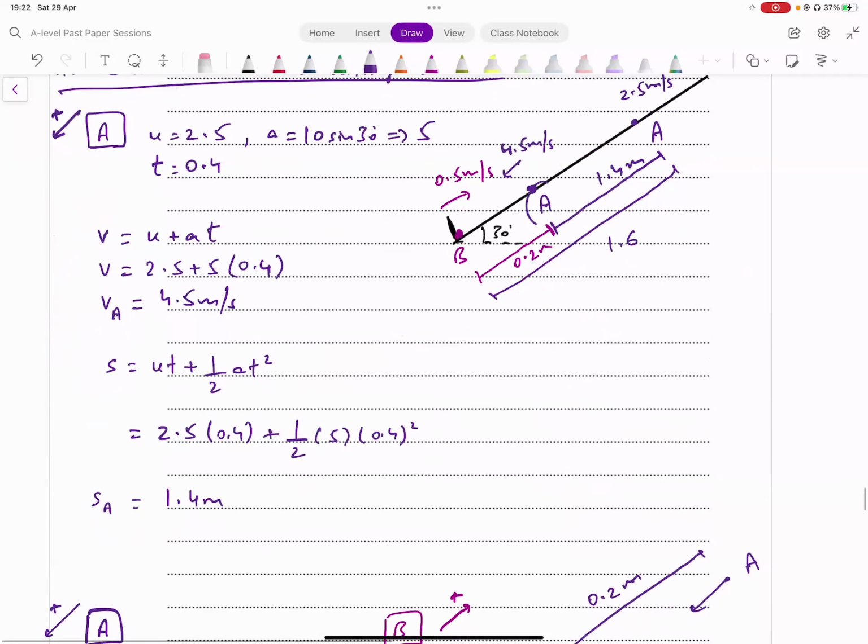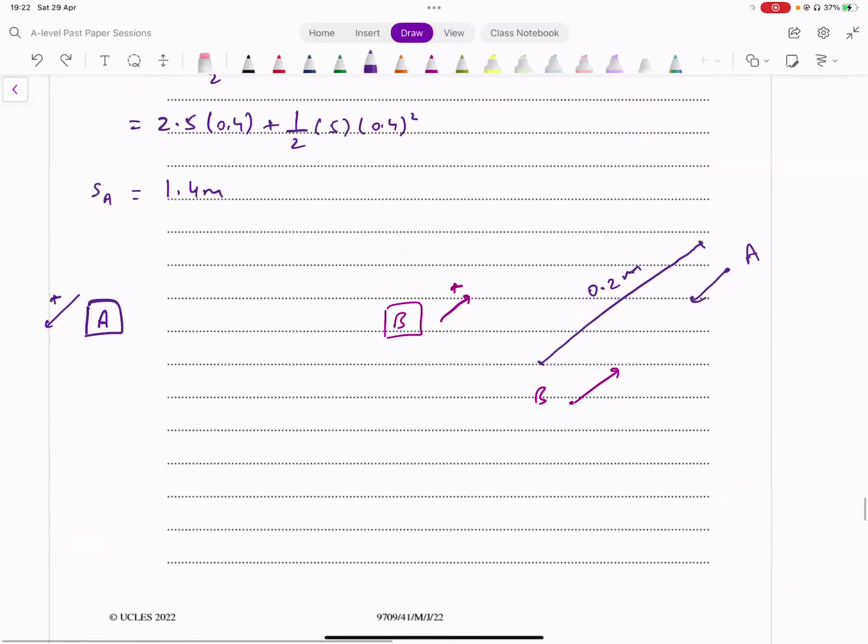A के बारे में क्या क्या पता है हमें? A की स्पीड क्या है जब उसने स्टार्ट किया, 4.5 मीटर्स पर सेकेंड। B की स्पीड क्या थी जब उसने नीचे से स्टार्ट किया? B की स्पीड है हमारे पास 0.5 मीटर्स पर सेकेंड। लेट्स राइट दैट डाउन हियर। सो A ने स्टार्ट किया 4.5 पे और B ने स्टार्ट किया नीचे से 0.5 पे। ये इनिशियल स्पीड्स आ गए उनकी।